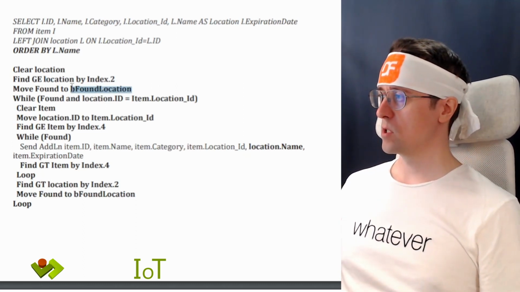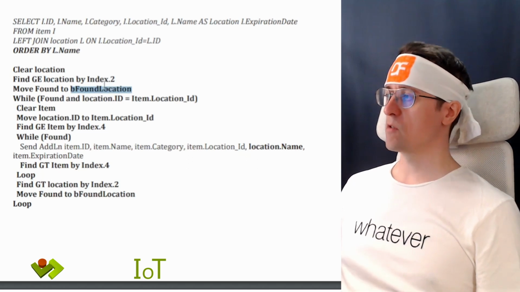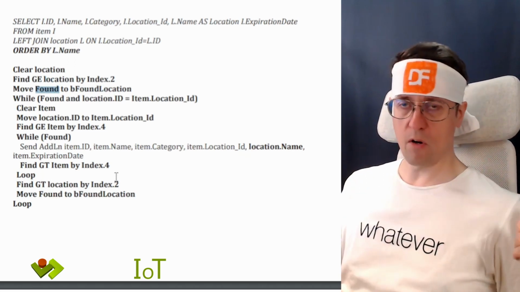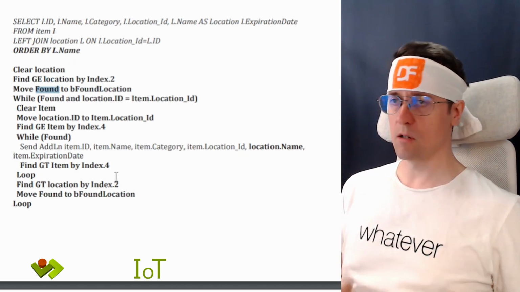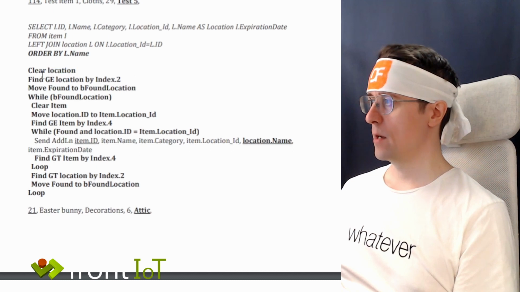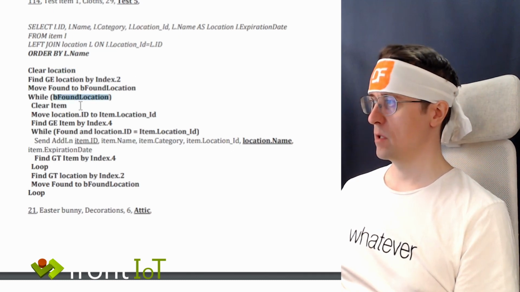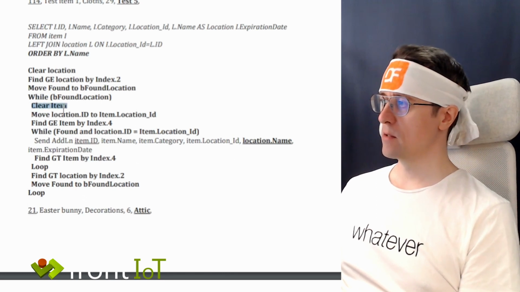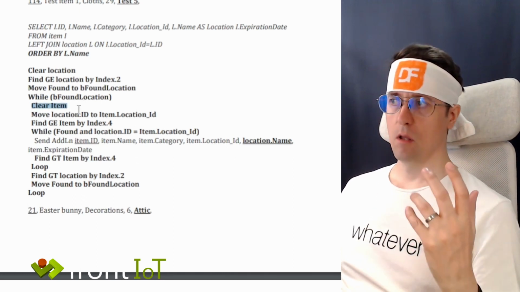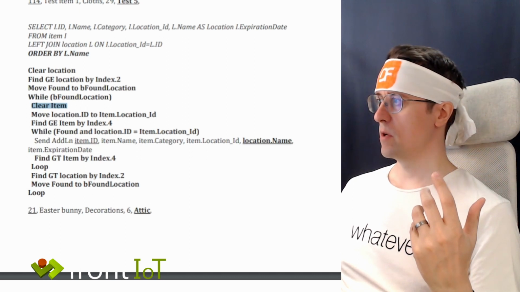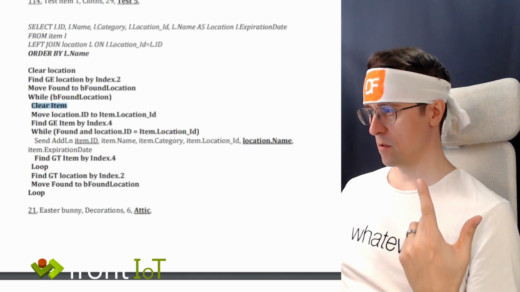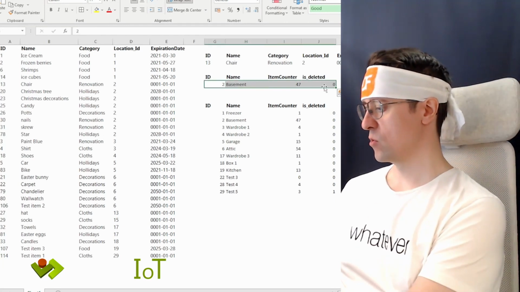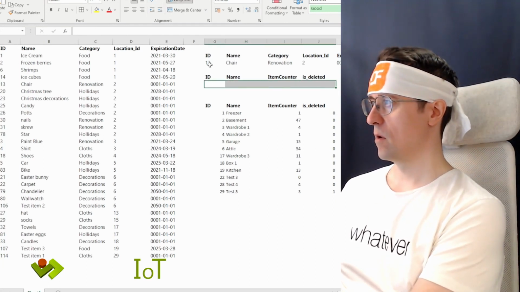So we set found to be found, because found, as it is like this, is just a temporary variable used by DataFlex internally. So while found is found, we go in and clear the item. And now, since we're at the first element of the location, you can imagine we're doing a clear of the location,